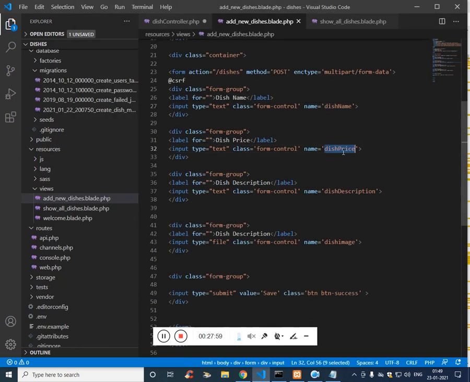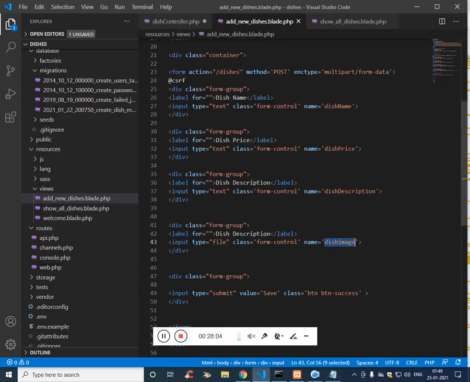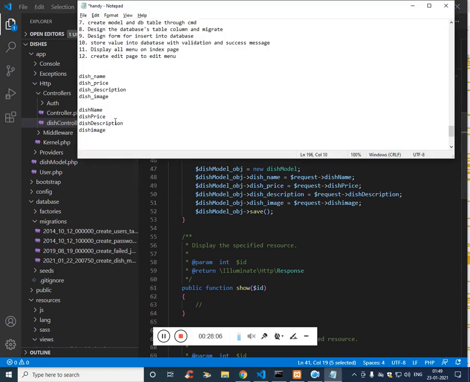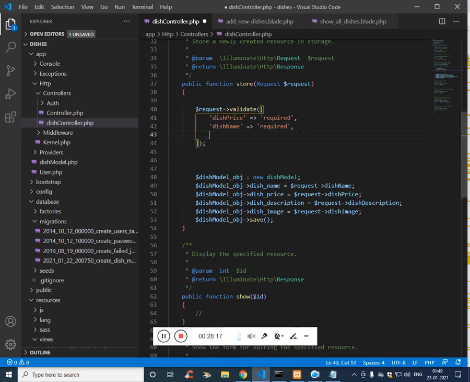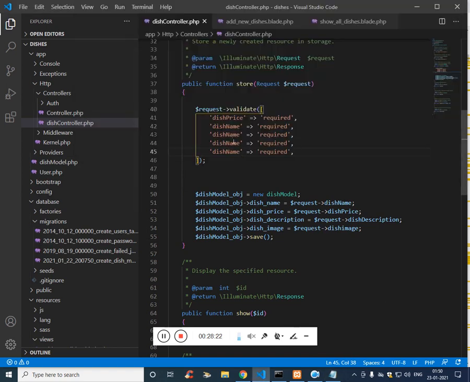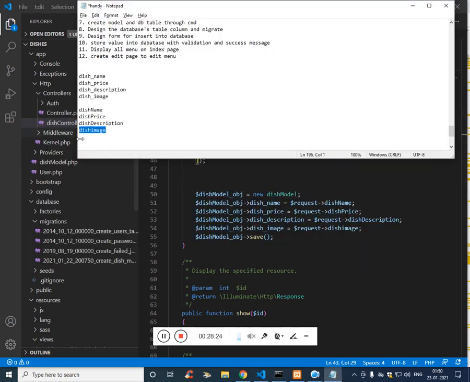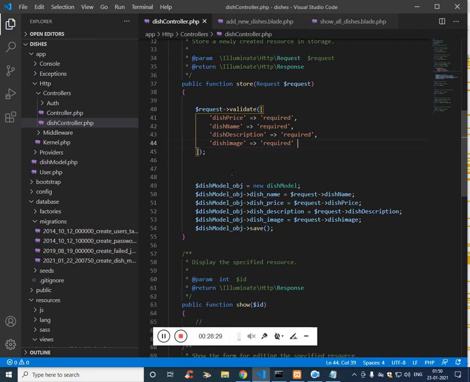Dish name, dish price, dish description, and dish image. So we'll use the dish price, dish name, and likewise dish description, dish image. Fine, this image we'll use.